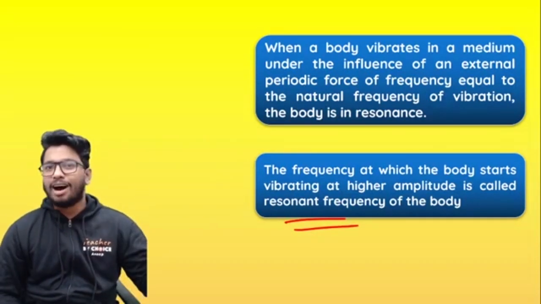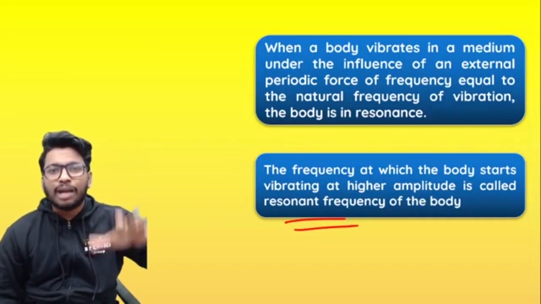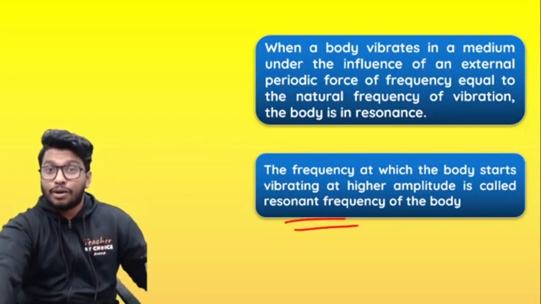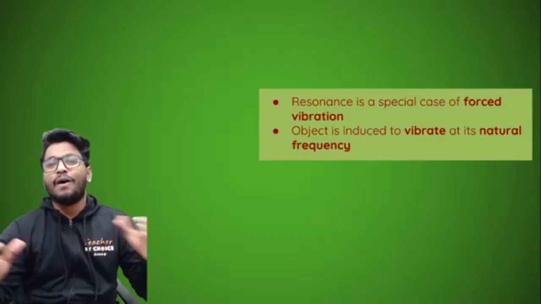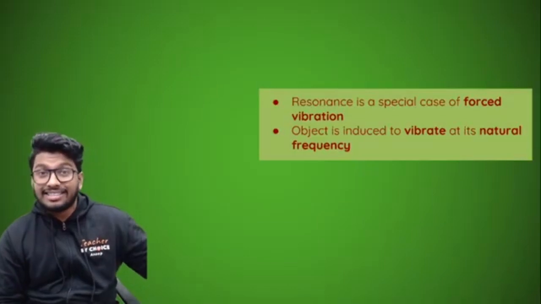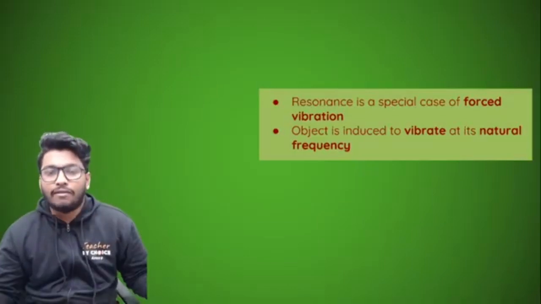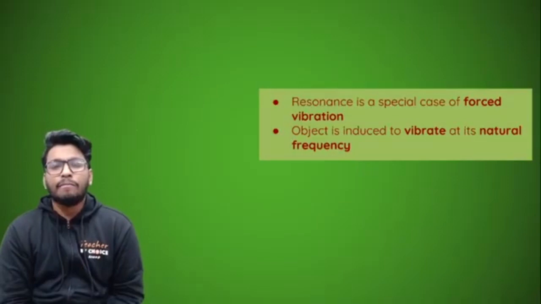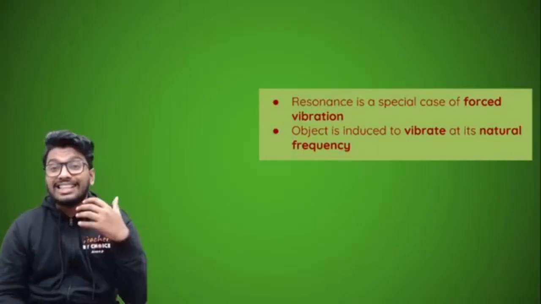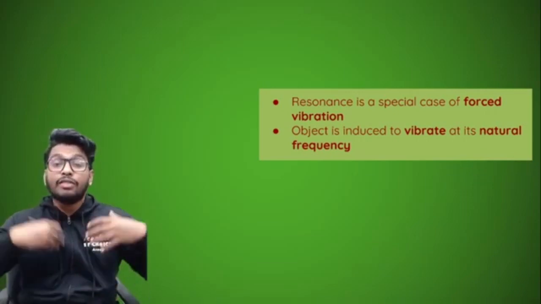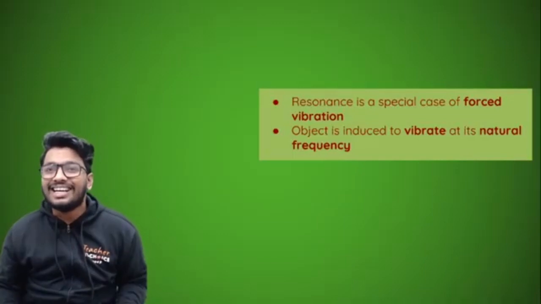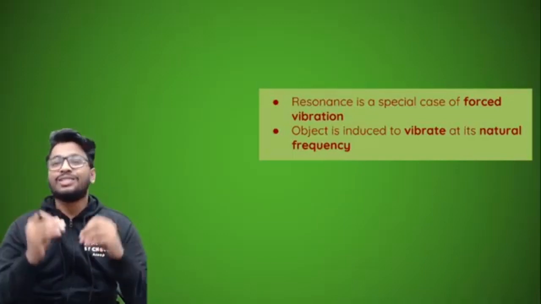Now in the case of guitar, people, you are actually able to see resonance itself. I'll talk about it as we go ahead when we talk about uses, but this is the whole point of resonance. The two important things you have to remember: in the last session I told you that you have three types of vibration: forced, natural and damped vibration. This is actually a type of forced vibration, but it's a special case, because the frequency of the forced vibration becomes equal to the natural frequency, and that does not happen every single day. When that happens, that is where you see resonance.